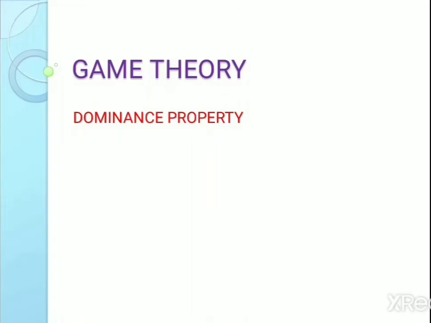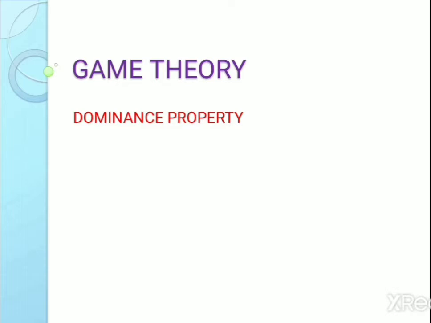Hi everyone. In the last class, we have seen game theory with saddle point and without saddle point. With saddle point means the maximum of row minima is equal to the minimum of column maxima. That is what we call a saddle point. Suppose these two are not equal, we have to come up with the mixed strategy formula. That formula is applicable only for a 2 by 2 matrix.